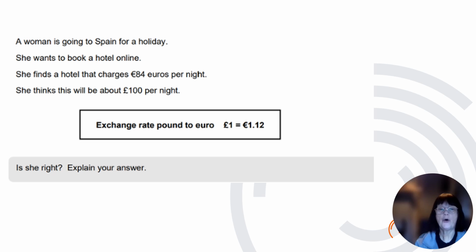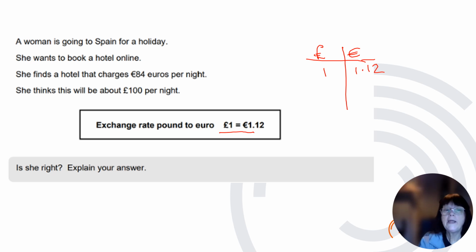So how did you get on? Let's look at it together then. So here is what we know. We know that pounds to euros, £1 is €1.12. We want 84 euros, so that goes in the euro column. We divide by the number above and we multiply across, and we end up with, and hopefully you ended up with,